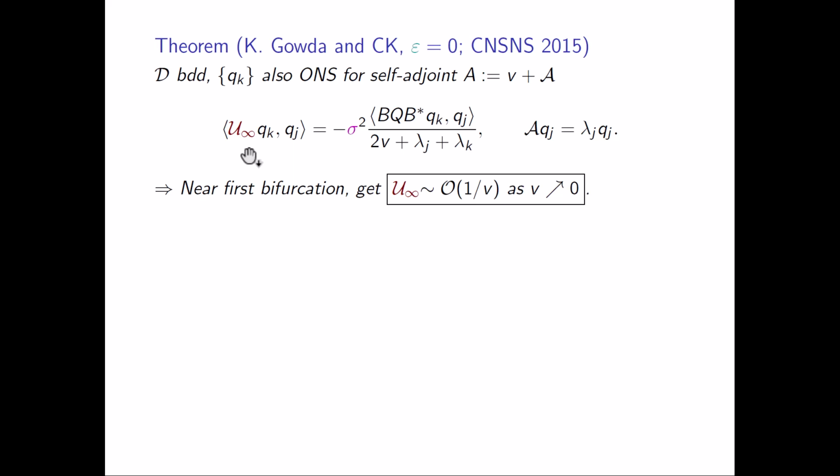If you have a bounded domain and a very nice eigenbasis for your operator, then if you project onto the eigenbasis of Q, you see that on this basis you have a very explicit expression for how this covariance operator acts. And if you assume the bifurcation point is at V equal to 0, and you're in the standard Crandall-Rabinowitz case, where there are eigenvalues lambda j and lambda k that go to 0,